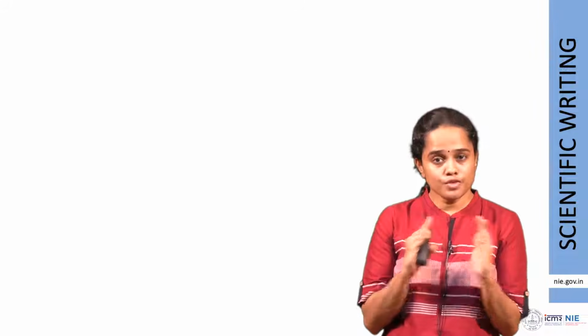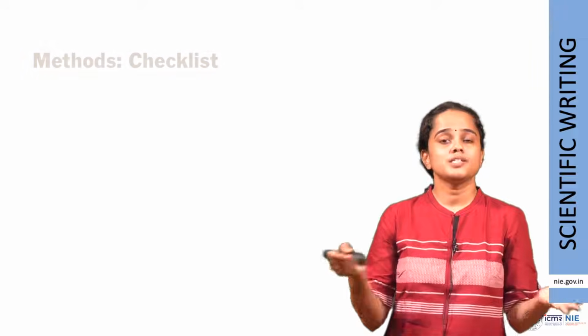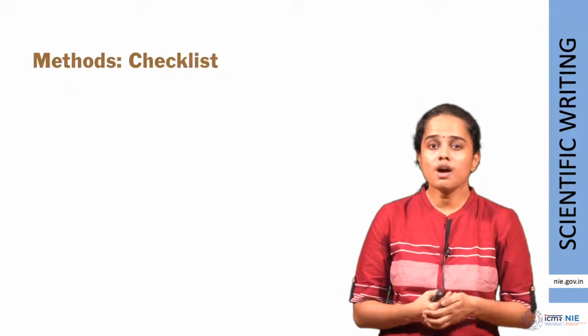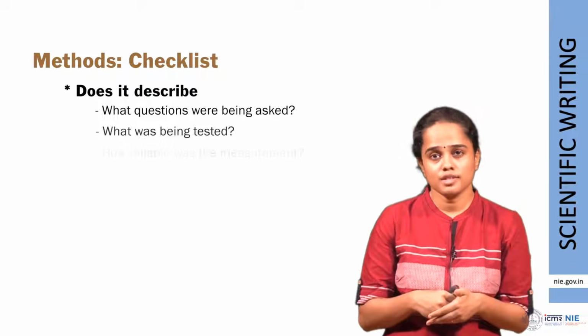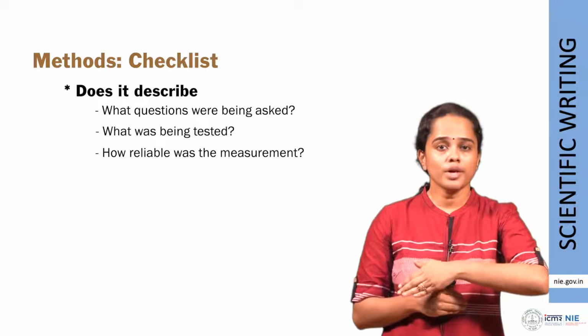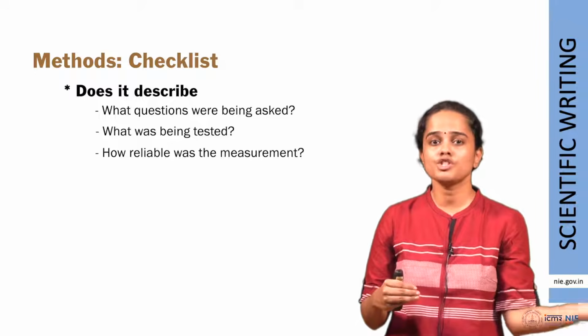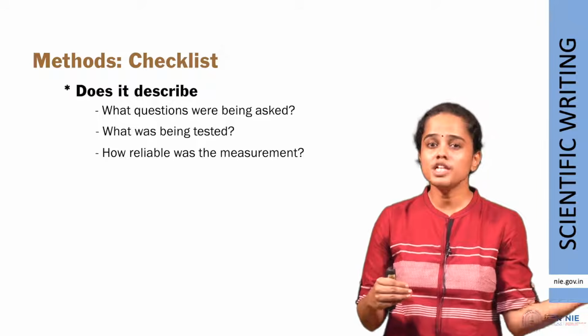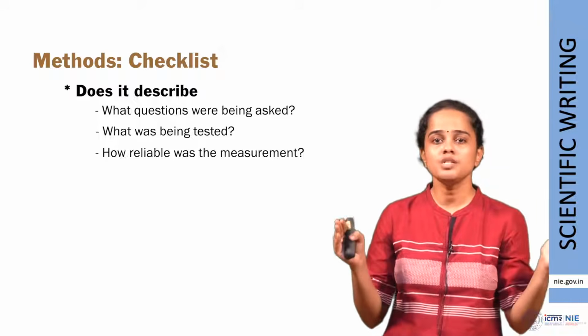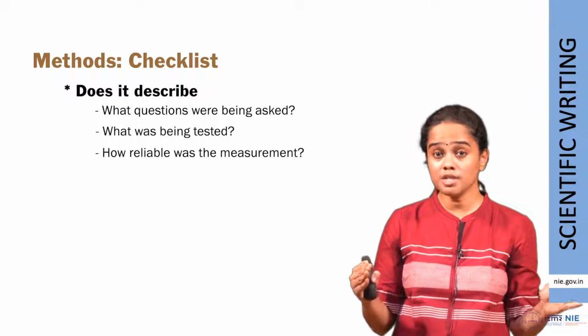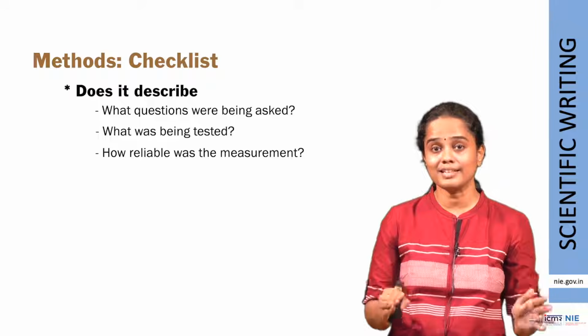Now once you've written the method section, or let us say you're reading the method section of another article, this is a checklist that you could use. You could see whether the methods are matched to the objectives, whether the methods to measure or to answer each of the objectives have been described. Were the parameters recorded and analyzed correctly?